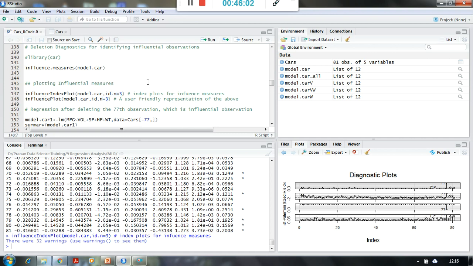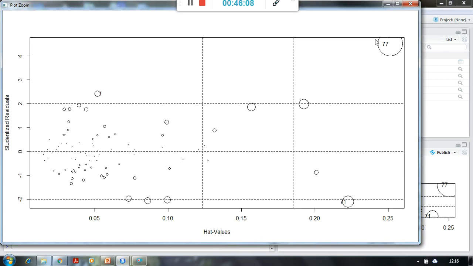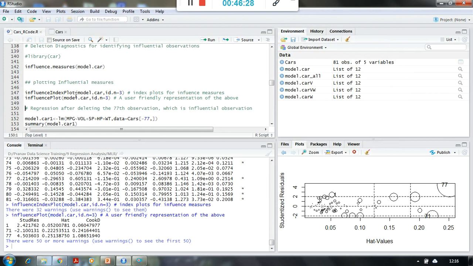And then this is again a different kind of plot, an influence plot, which is also giving me the influential observations. So you can see this plot is also suggesting 77, 71 and 1. But 77 and 71 have been suggested by all the statisticians, and they are far away from the group, you can see. So these may be having some sort of outlier values, right?